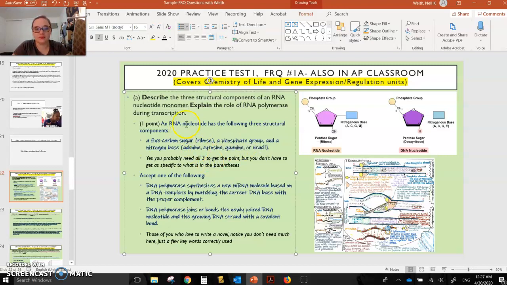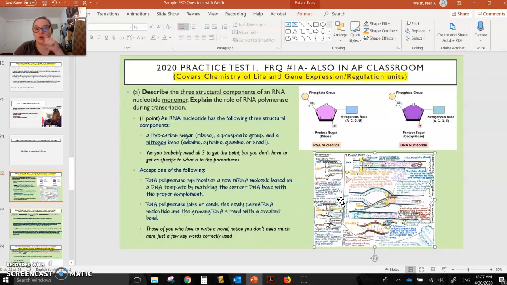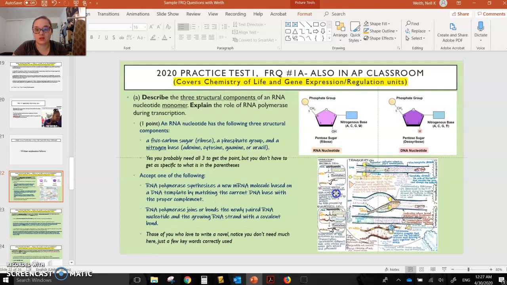So that'll get you the 1 point. Second part of A here, it's a 2-pointer. Explain the role of RNA polymerase during transcription. So these are their 2 statements. Recall that this is the kind of stuff that we only learned about in our distance learning since school closed. So you should have this